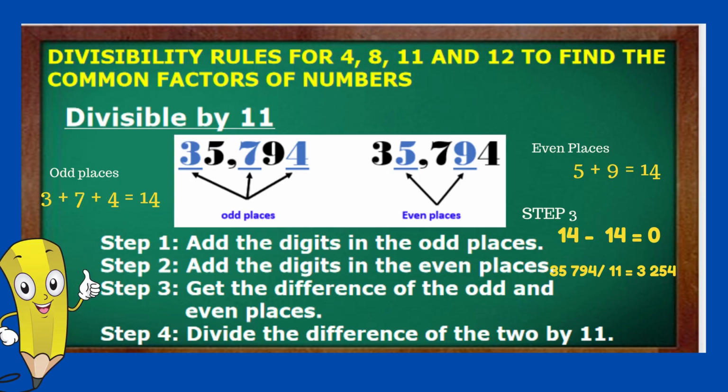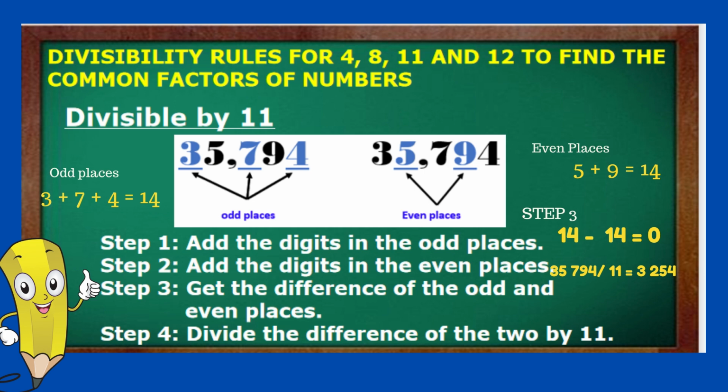Divisible by 11. What are the steps for divisible by 11? Step 1. Add the digits in the odd places. Step 2. Add the digits in the even places. Step 3. Don't forget to get the difference of the odd and the even places. Step 4. Divide the difference of the 2 by 11. For example,